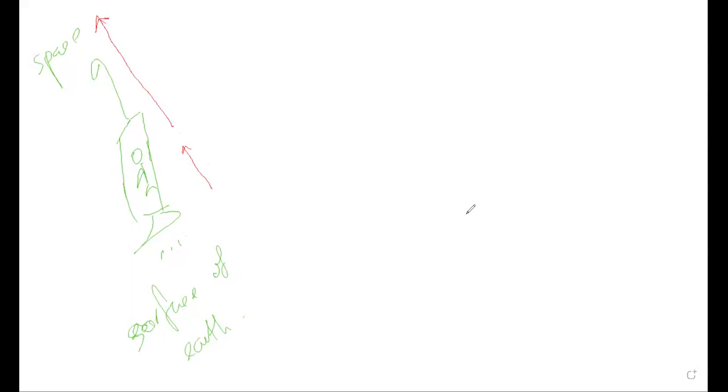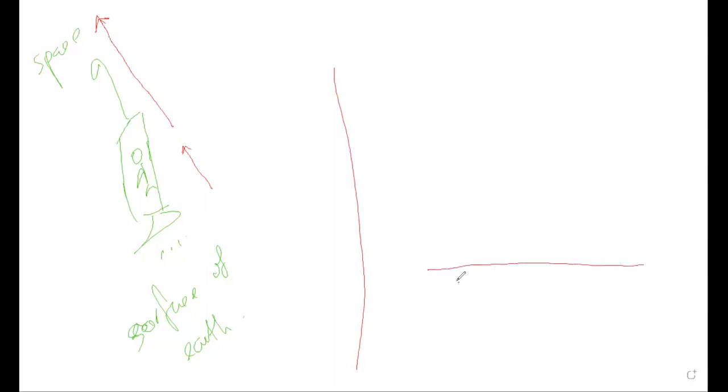Against the gravity. The pilot of the rocket can control the motion, how much height or where they wish to go. But in the second case, the escape velocity,